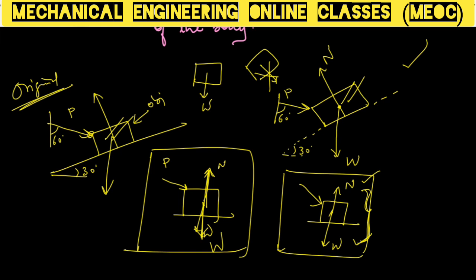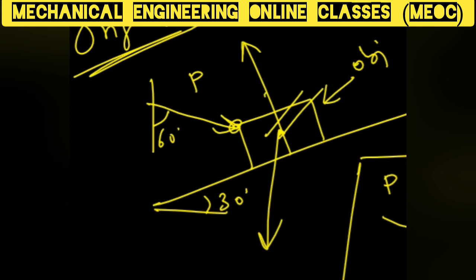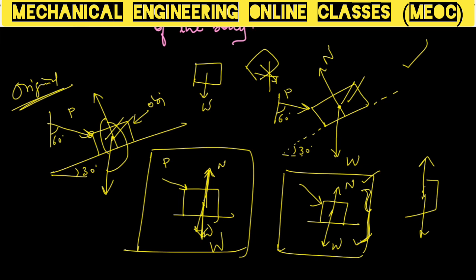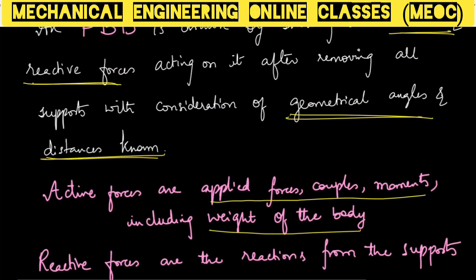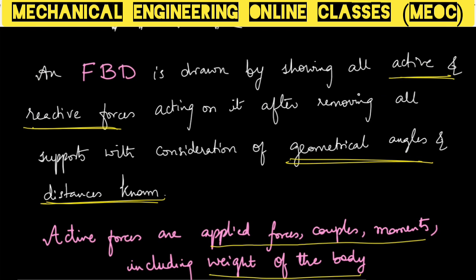But actually they are passing through the center of gravity of the object, there is no doubt in it, but they are not parallel to each other. Here the angle between N and W is 180, or I can say it is 0, they are passing through each other, but here it is different. So the case changes, the question changes, so the effect is changing. So it's always very, very important that with due consideration of all the details, if the P is acting at 60 from vertical, you have to make a note that the P in your FBD is also acting at that point and 60 degree from vertical.